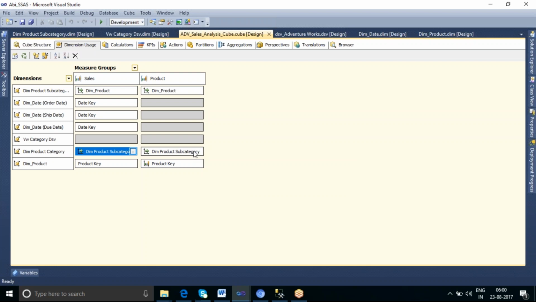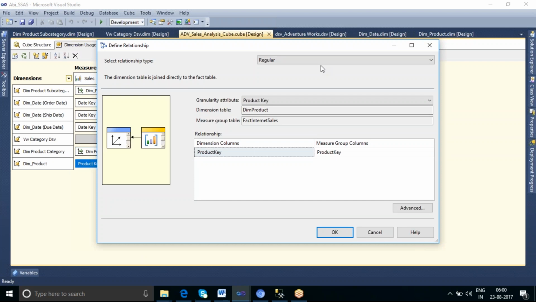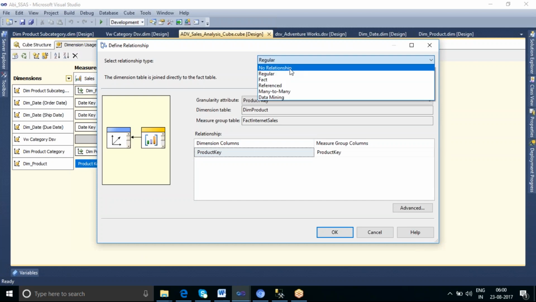Now we have yet to discuss the many to many relationship. So up to now we have seen the different types of relationship: no relationship, regular, referenced, and fact.